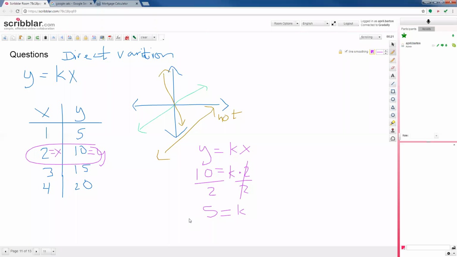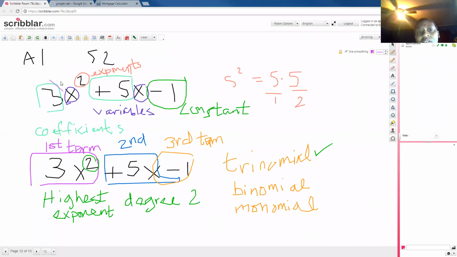So if your answer is a fraction, leave it in the form of a fraction. This one, it's not a fraction. It comes out, it's just 5. Let's say our table was,